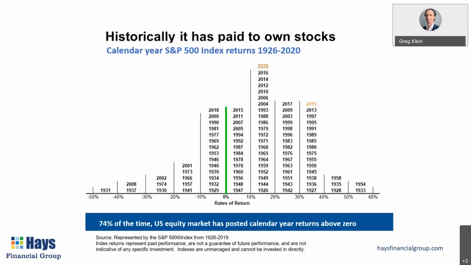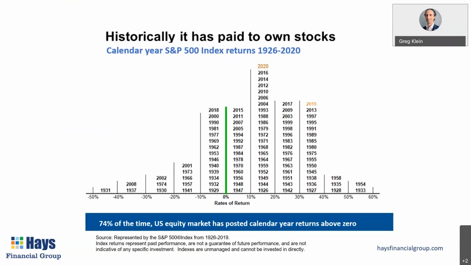Don't be afraid of that money that's exposed to the stock market, because even though there are negative years, it's still up more than it is down. You can see that green line in this distribution chart, and anything to the right of that is a positive year. To the left is a negative year, and you can see there are many more positive years than negative. And even 2020, if I had asked you a year ago if you had thought 2020 was going to end up being a positive year, up double digits in the stock market in the US, you probably would have thought it was crazy, but that's how it ended up.